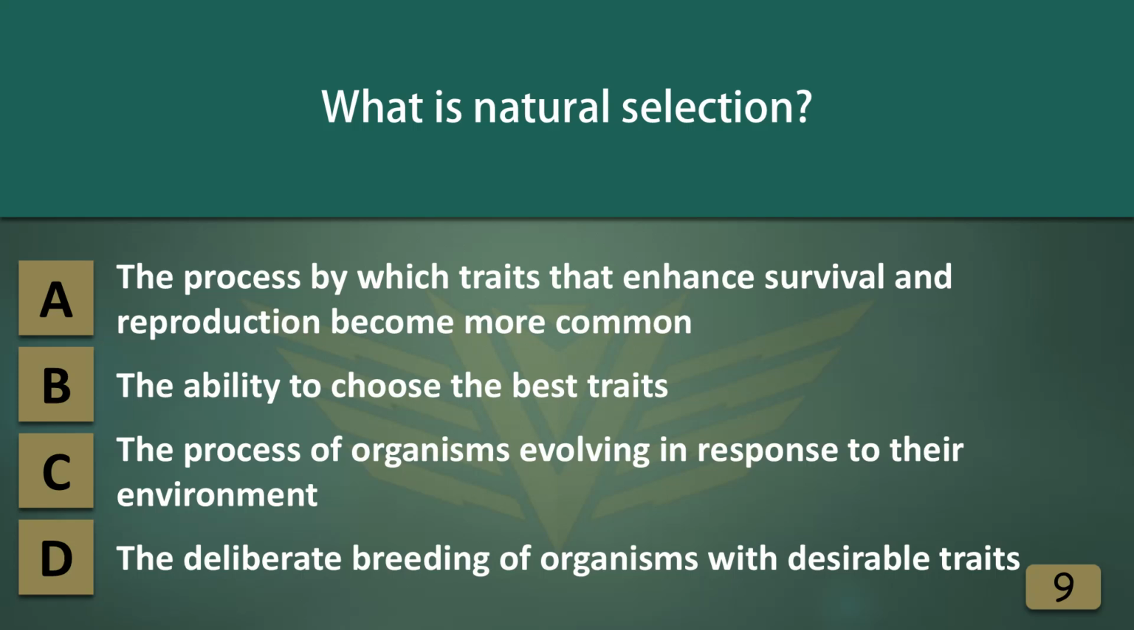A. The process by which traits that enhance survival and reproduction become more common. B. The ability to choose the best traits. C. The process of organisms evolving in response to their environment. D. The deliberate breeding of organisms with desirable traits. The correct answer is A. The process by which traits that enhance survival and reproduction become more common. Natural selection is the process by which traits that enhance survival and reproduction become more common in a population over